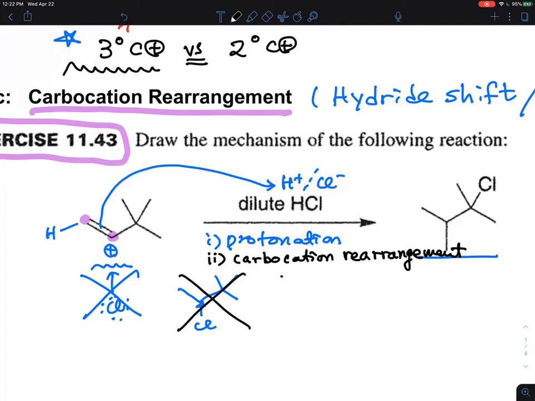What that means is, if you see a secondary carbocation, and you can make it into a tertiary carbocation, that's the way they will do it,